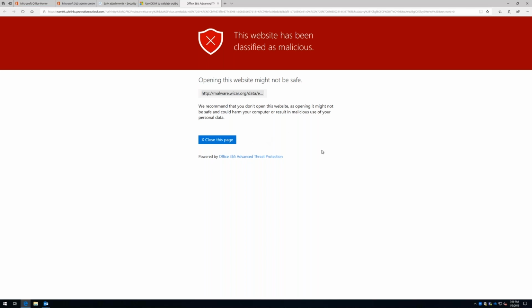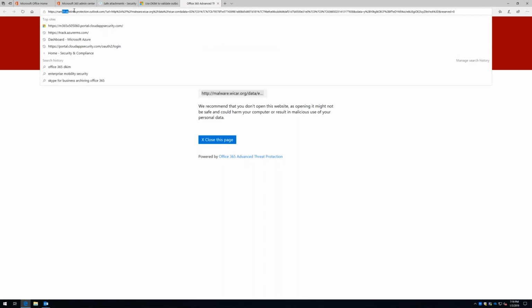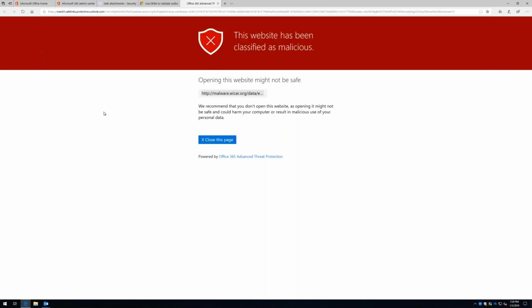Now, what's happening here in the background is that the URL in the email is actually being rewritten. And so here I can see how it's being pointed to something like safelinks.protection.outlook.com. And so when I click on that URL, it's being redirected to a Microsoft data center where they're scanning that URL and doing some other things in the back end to check to see whether or not it's legitimate, or it contains malicious code, or it's a phishing website, so on and so forth.